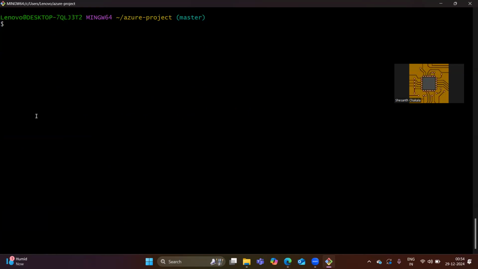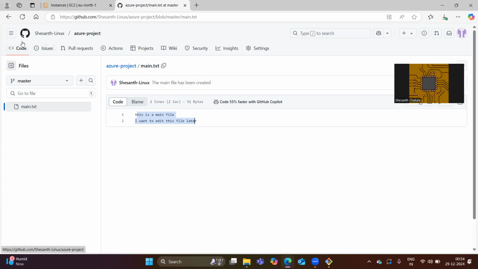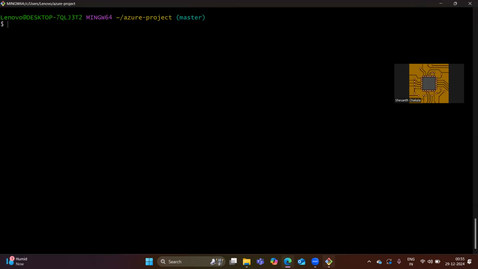Now I have added one line in my main.txt file. Just go and check whether it has been updated here or not. Please do refresh, guys. See, guys, I don't see the line over here. Why so? We have to push it again. No need to add. Once you add your project to GitHub, the second time it is not required. So if you are changing any piece of information in your main file, that is project code, you have to do git push